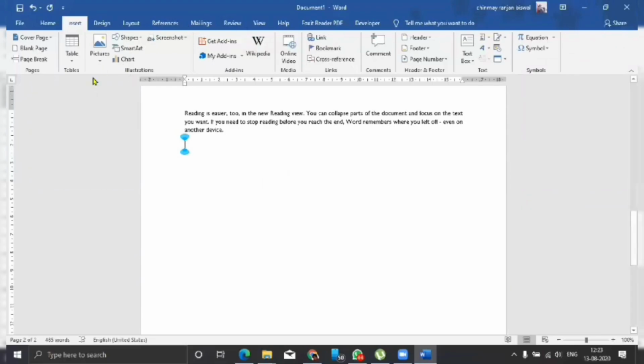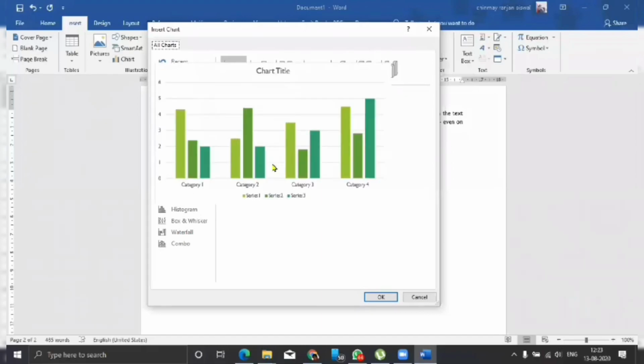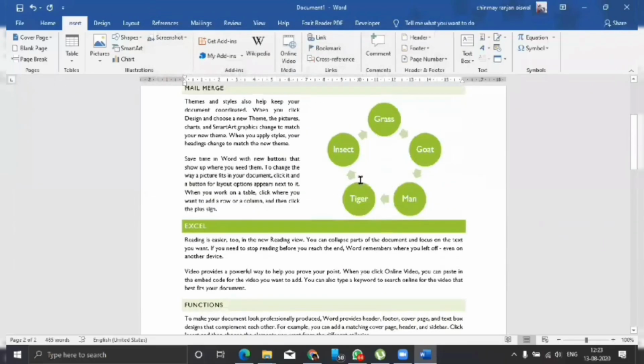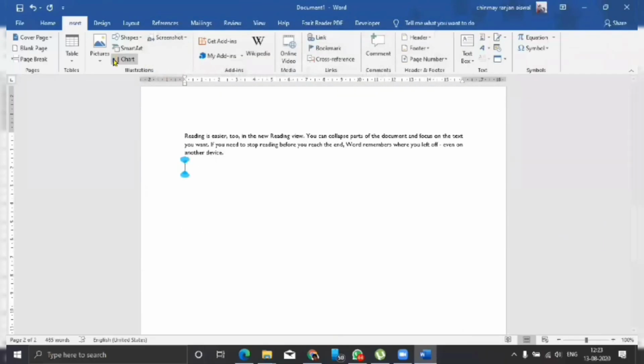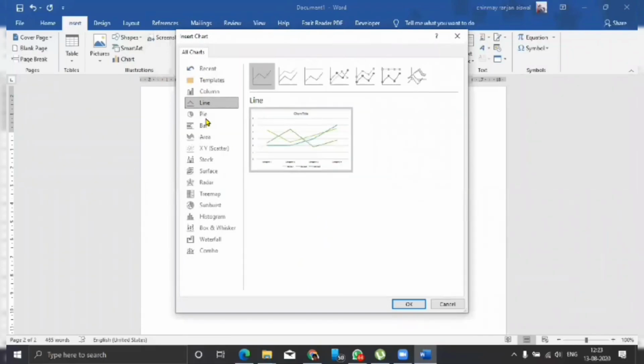So for inserting any chart, we will click on the chart. There you can see, आप देख रहे हो यहाँ पे पहले से green color आया हुआ है. Could you see this? Yes. देखो, ये कहाँ से आया? क्योंकि because I have chosen the theme green वाला. Okay. So चलो यहाँ पे. So you could see there are so many